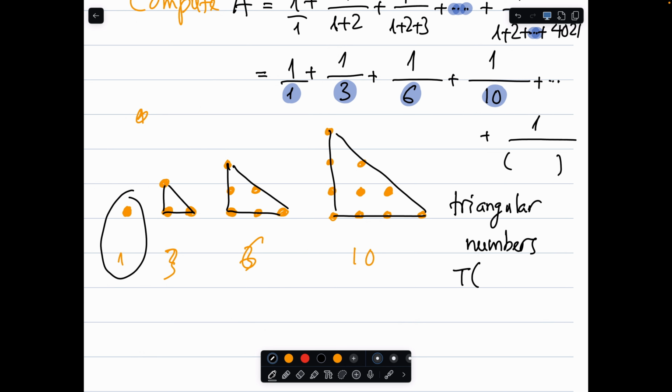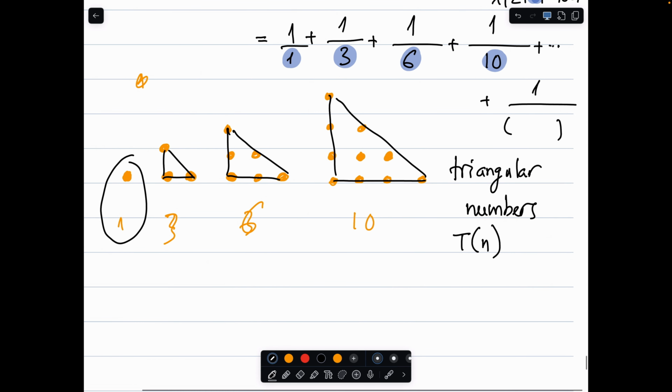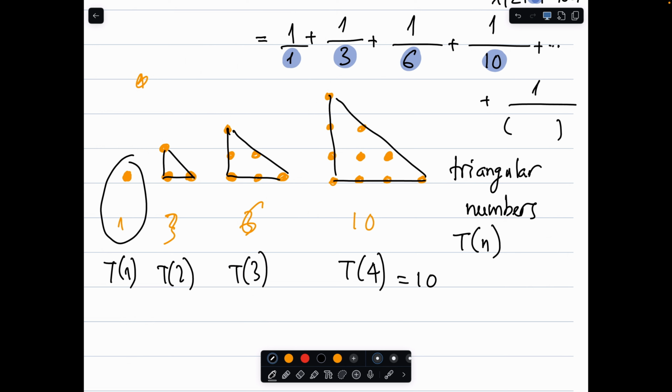The nth triangular number. This is the first, the second, the third, the fourth. So this is T1, this is T2, and this is T3. And this is T4. So T4 is 10, T3 is 6. So what I'm saying is that there's a formula for that,